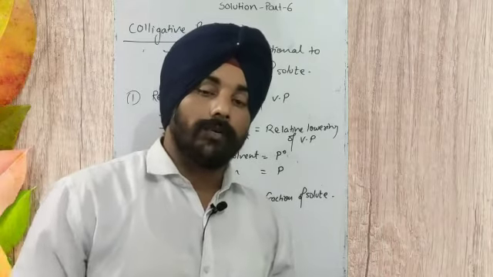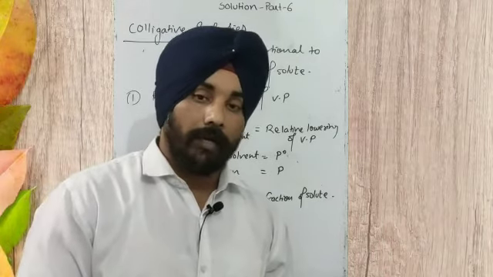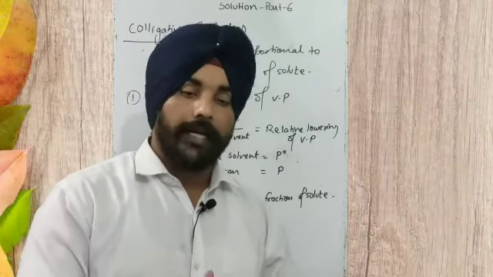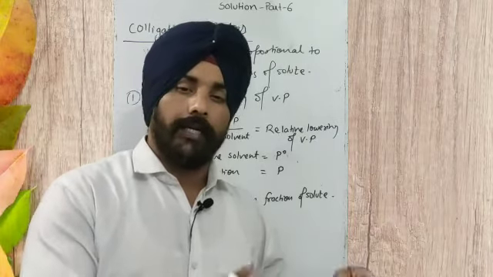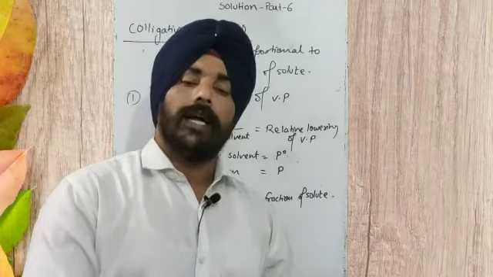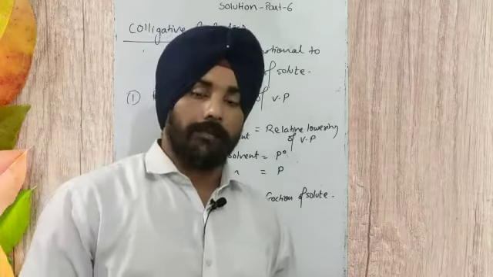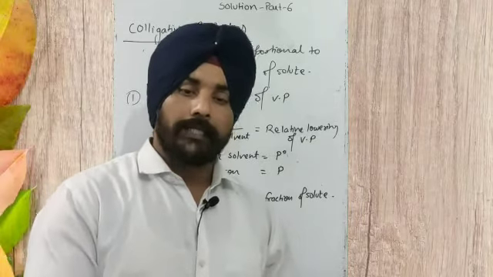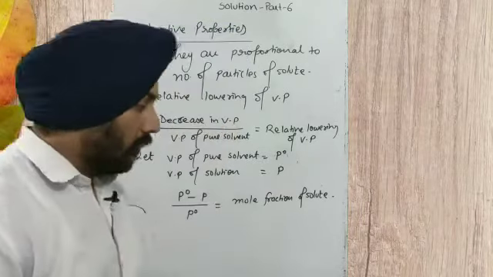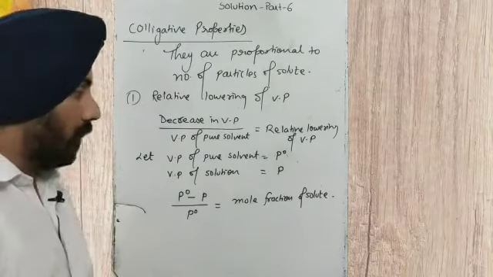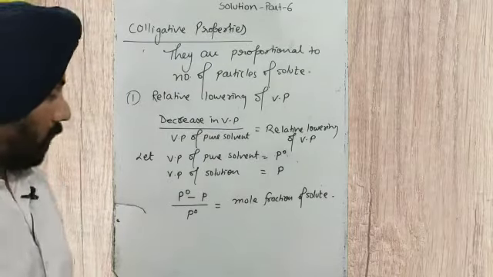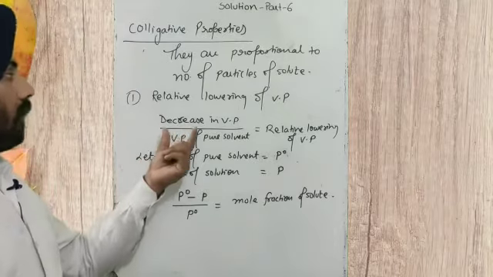And there can also be a question from the theoretical part, like azeotrope, minimum azeotrope, ideal, non-ideal, Raoult's law. So it is a very important chapter in the sense of the board examination. So you have to see all the parts of this chapter. All are very important. Okay, so what is relative lowering of vapor pressure?